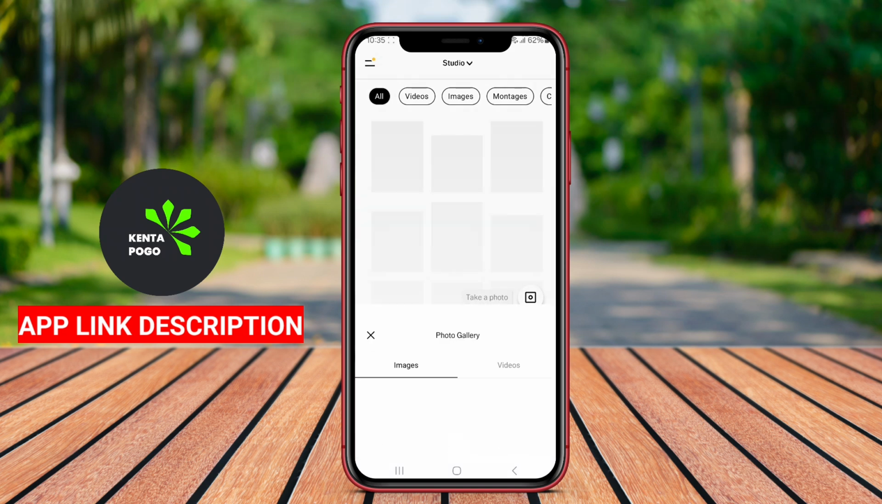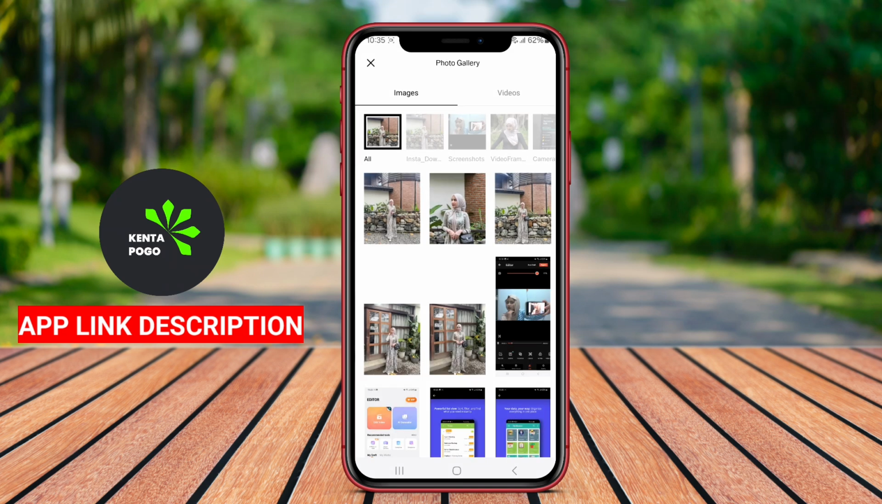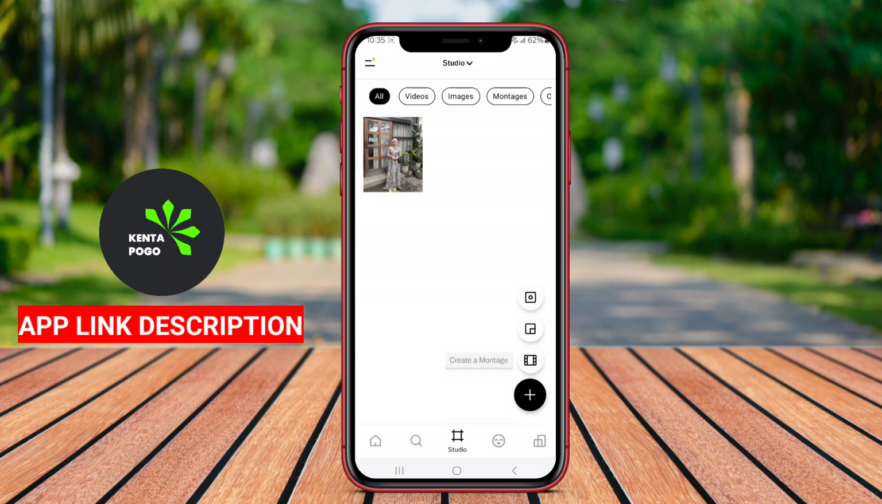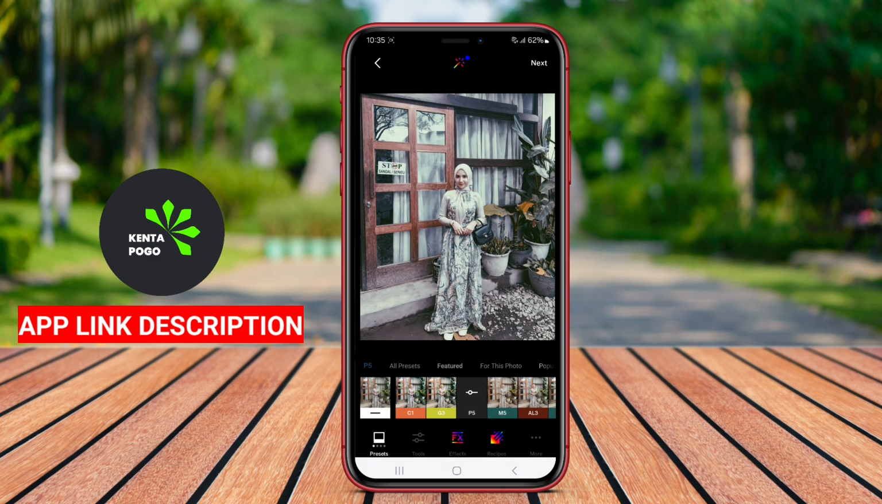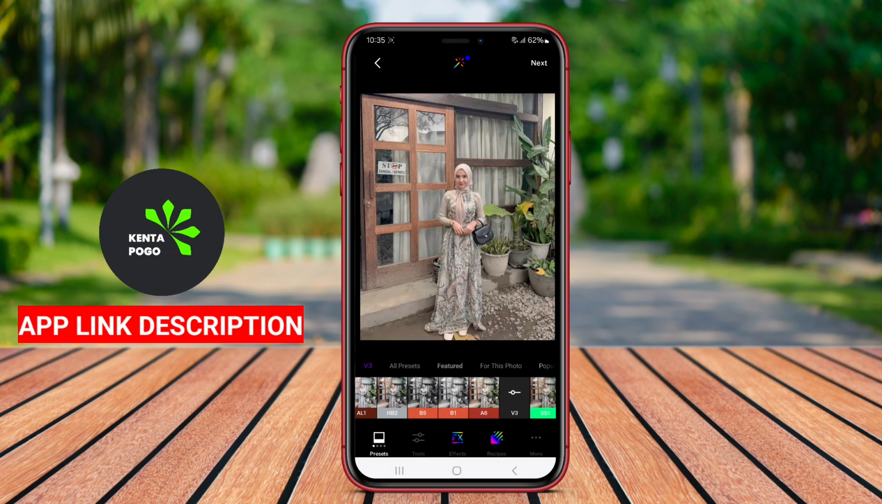VSCO Photo Video Editor is a popular Android application that combines photography and video editing capabilities with social networking features. Designed for both amateur and professional creators, VSCO offers a sophisticated platform for capturing, editing, and sharing visual content. The app is renowned for its extensive collection of high-quality preset filters and advanced editing tools, allowing users to enhance